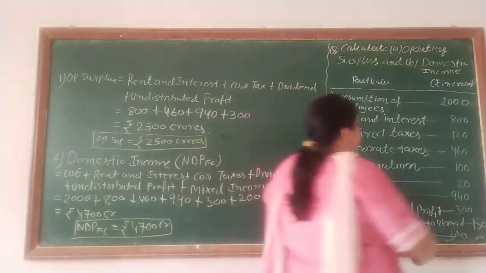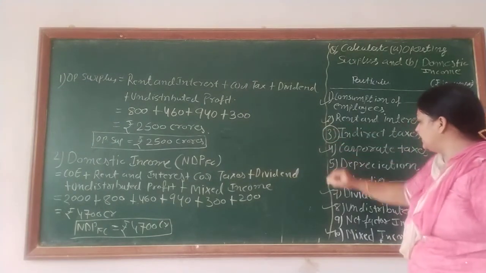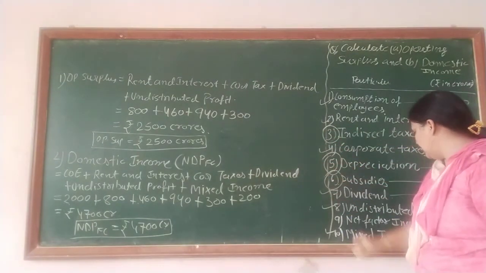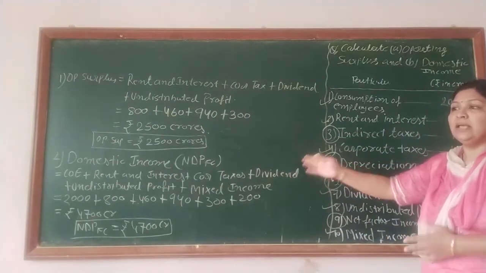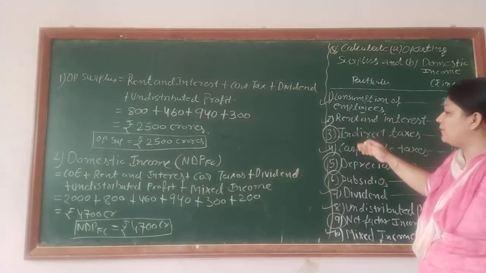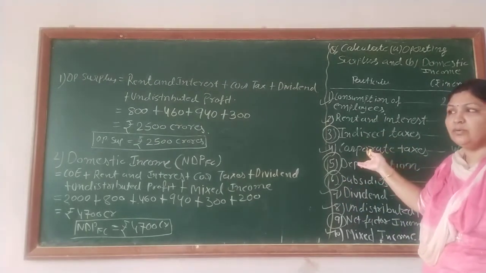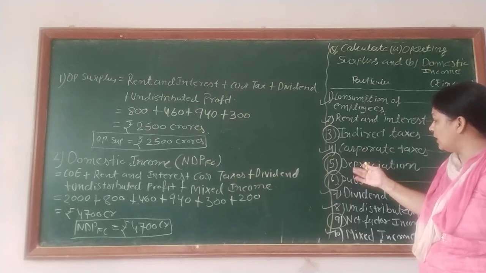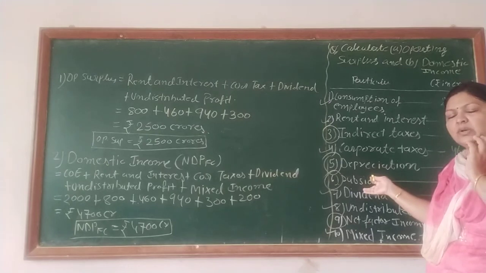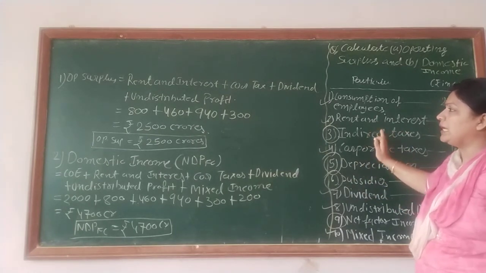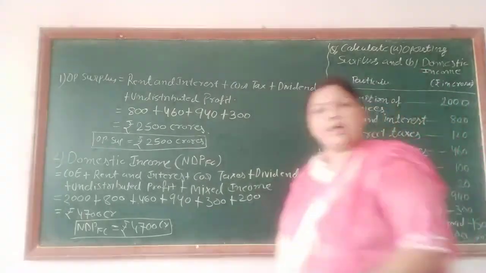Keep in your mind sometimes other things are also given in the sum like indirect taxes, depreciation, subsidies, net factor income. All these things are not included in our answer. These are the extra things. In exams, sums are given with some extra items or extra particulars. So don't panic about where we will use them, since they were not used. Sometimes extra material or extra items are given to you. So keep in your mind, use the relevant items only. So this is all about today's revision series. Thank you and have a nice day.